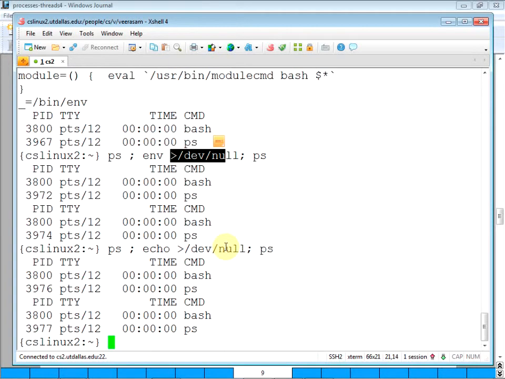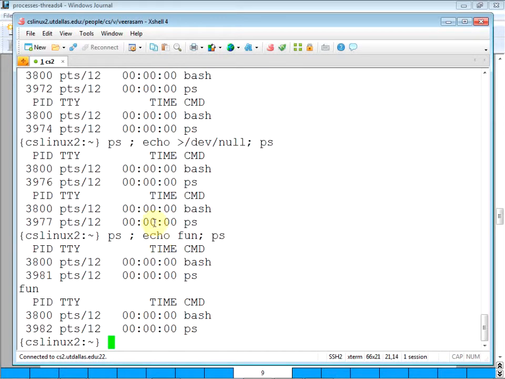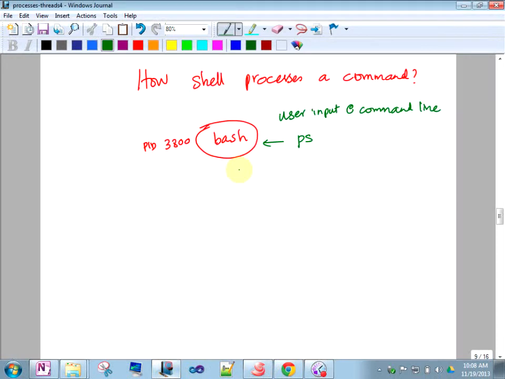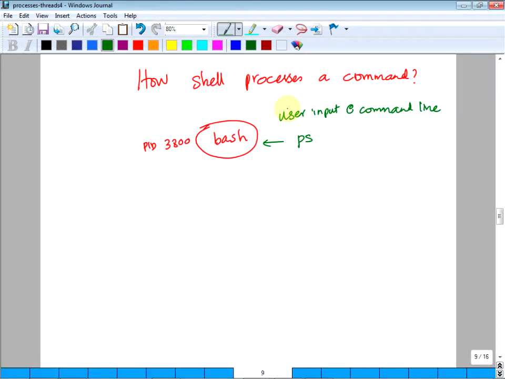Let's try echo. Yeah, see, for env, it does use a command, it looks like. Even here you can see that the echo did not consume a task. Right now we are interested in commands that consume a task, that are not part of a shell built-in but rather are external commands.